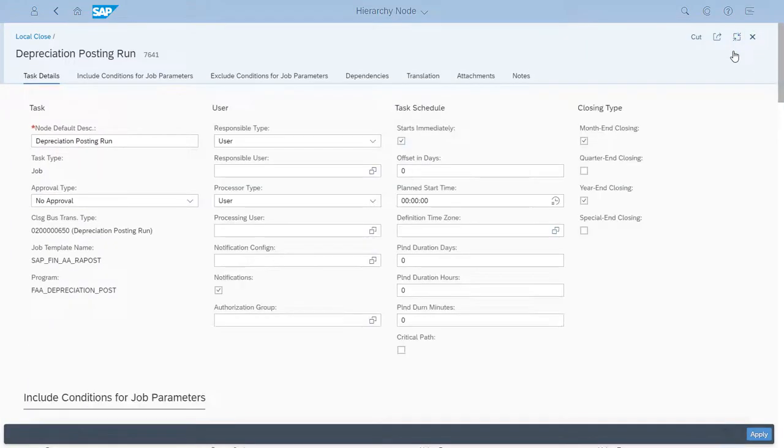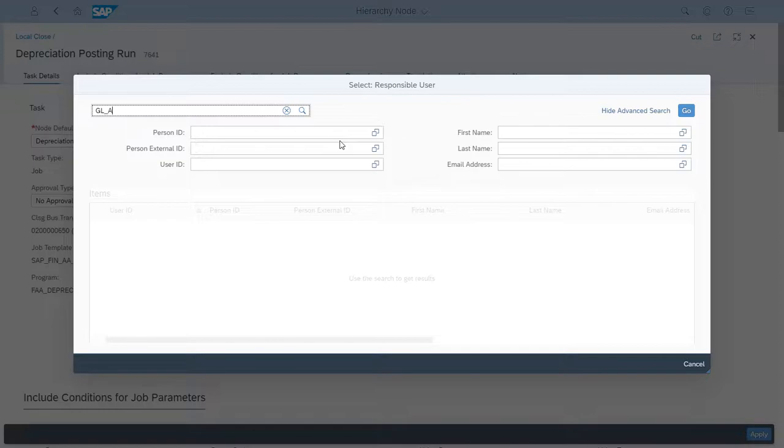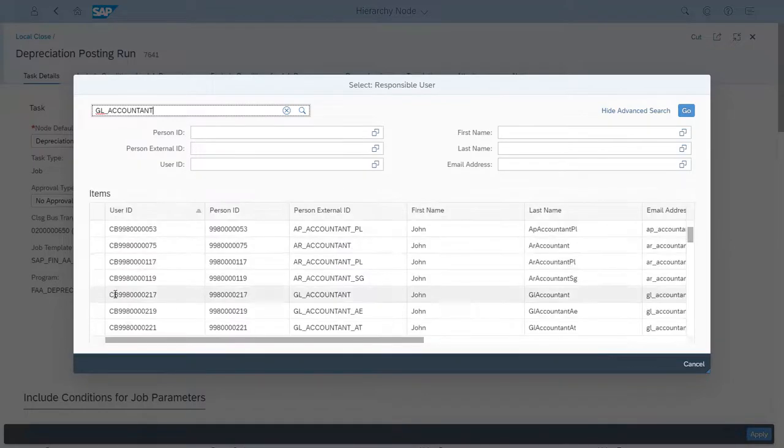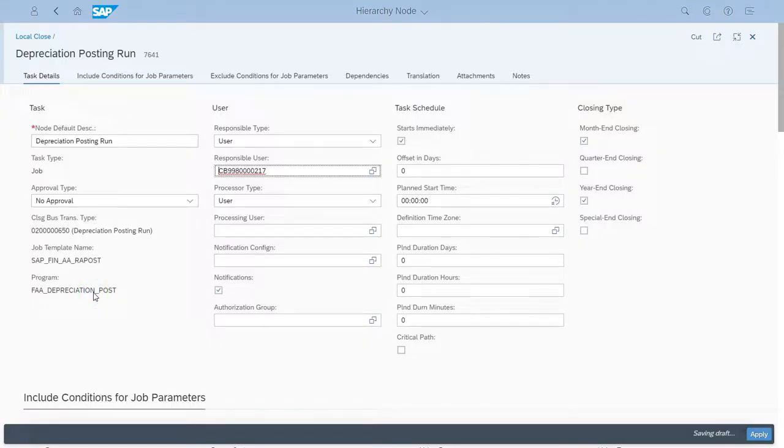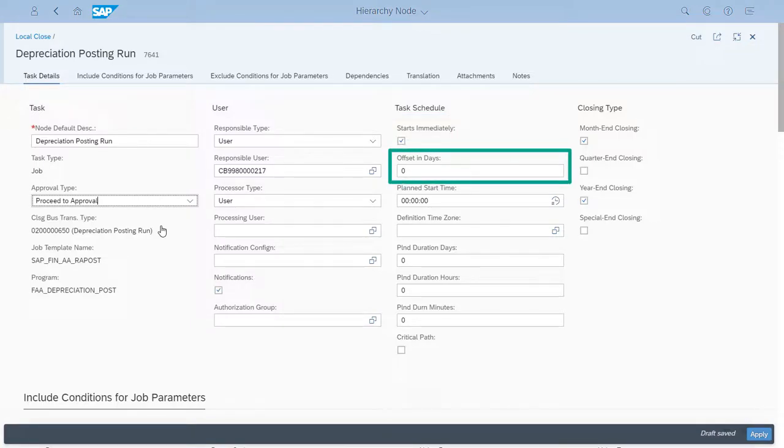I can add responsible users for this task, so I'll go ahead and add John, our GL accountant, who is responsible for this task. Now, because I used a task template set, some of the settings are default, but I can change them, like closing type, for example, or when the depreciation run should start. Should it start immediately as soon as all of the predecessors are complete and due? Then I just leave this checked. Or I can schedule an offset date. I could set a 10-day offset, which means that the task is scheduled for 10 days after the key date of the